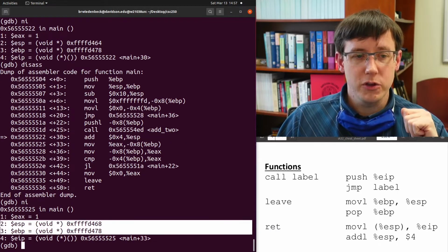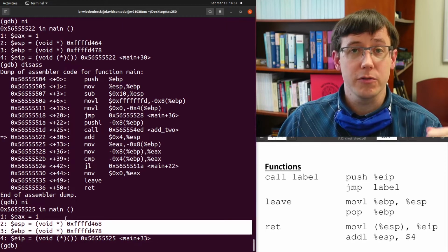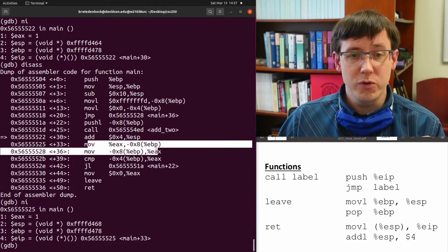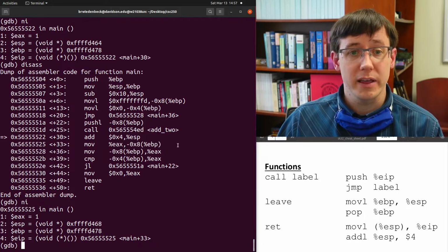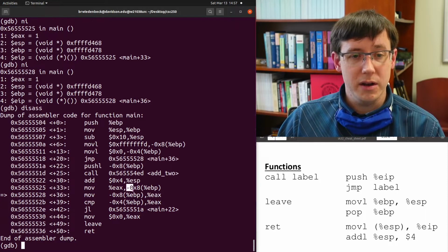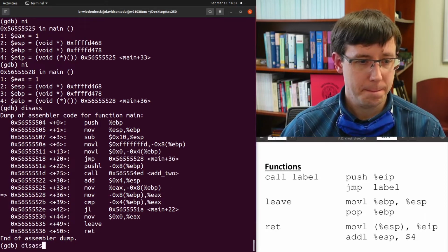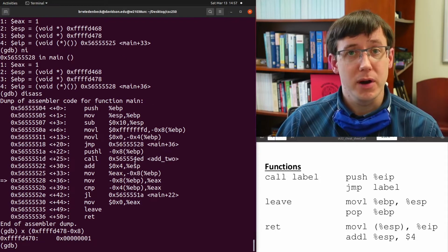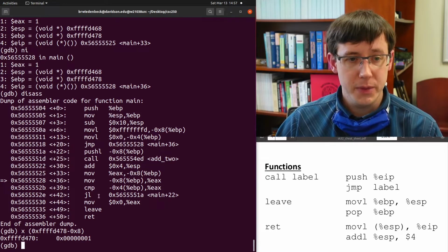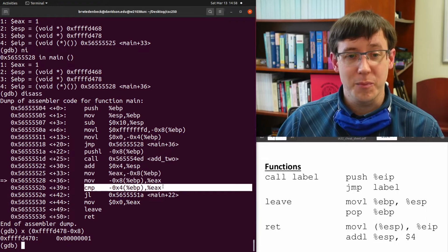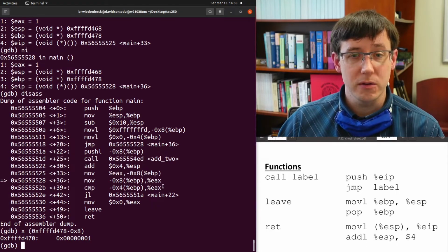So now we have restored our base pointer and our stack pointer for main, and our instruction pointer is on this move instruction that will store the return value from the function. And if we were to now examine our memory location for I, we see that it stores the 32-bit 2's complement representation of the number 1. And so, when we load that into the EAX register and compare it to J, whose value we know is 0,